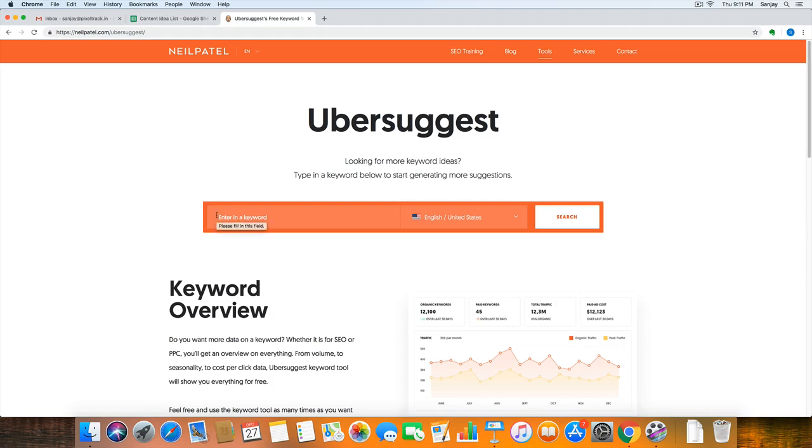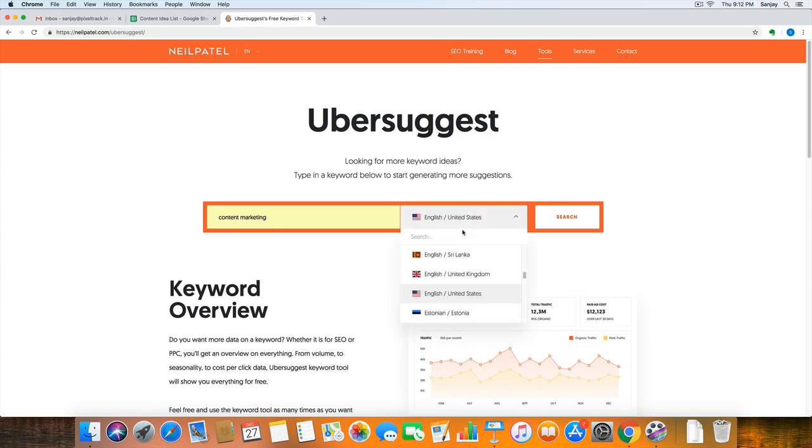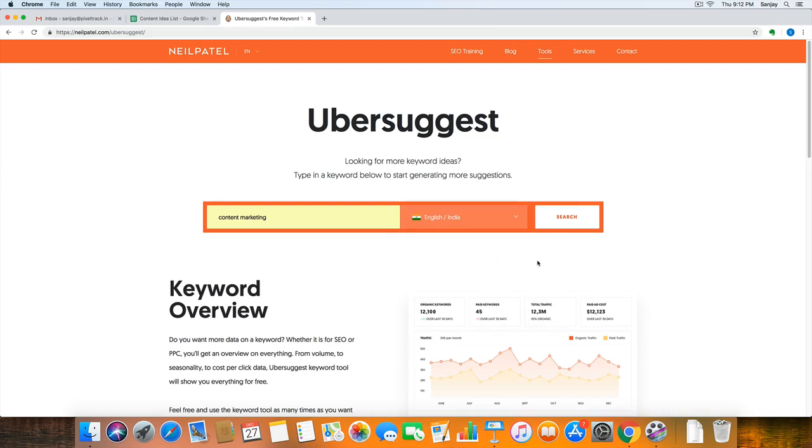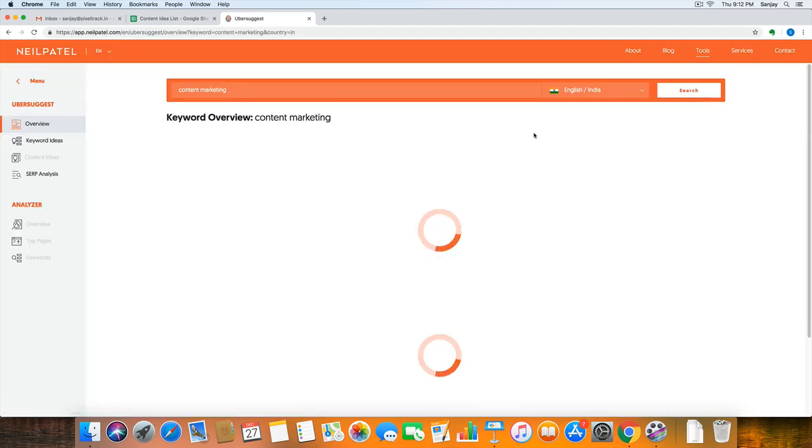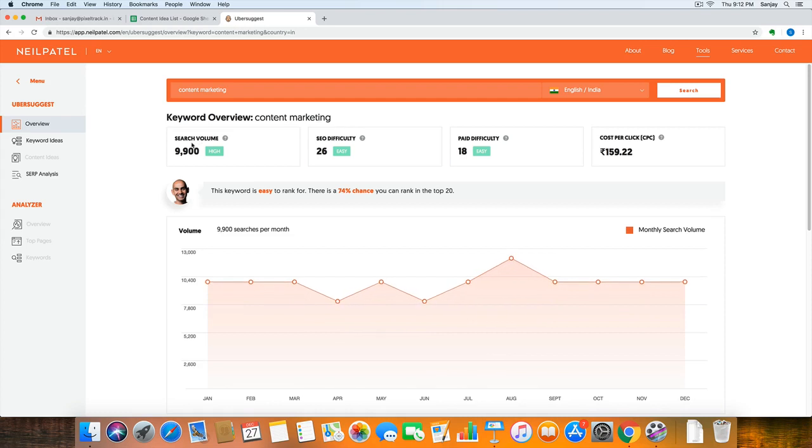What you would do is put in your keyword, whatever you want. Ideally, you should take all the ideas that you shortlisted from Answer the Public and put them here to figure out what keywords are there for this particular thing. And of course, you have to choose your country, which is India in our case, and just click on search, and it's going to give you all the details about this keyword and search volume,